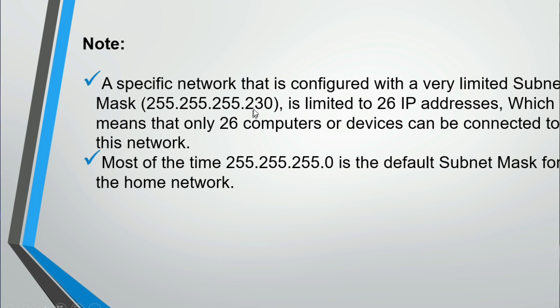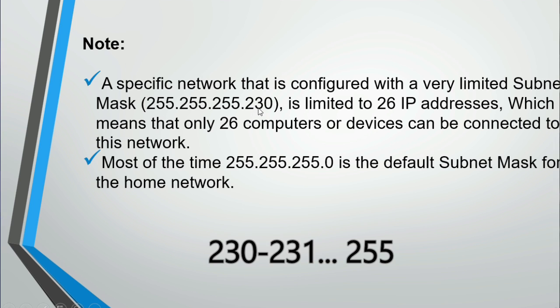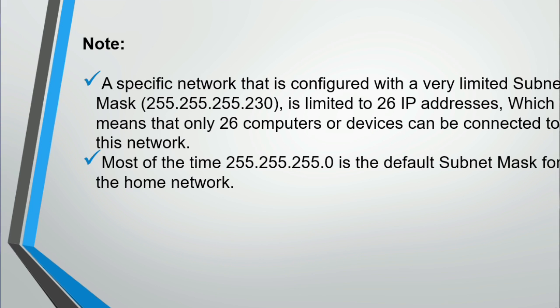Because here we will begin from 230 to 255, so it is limited to just 26 IP addresses, which means only 26 devices can be connected to this network. Most of the time, this subnet mask with three full sections is the default subnet mask for the home network